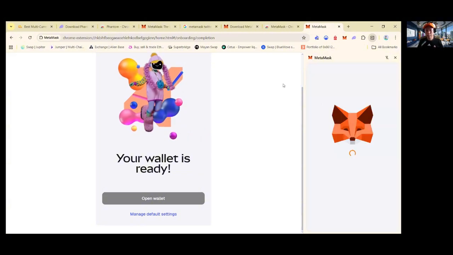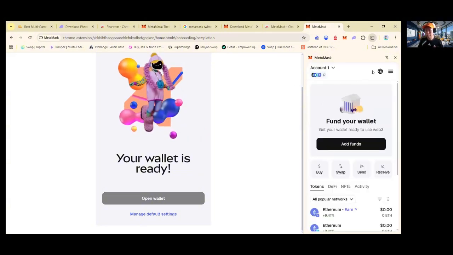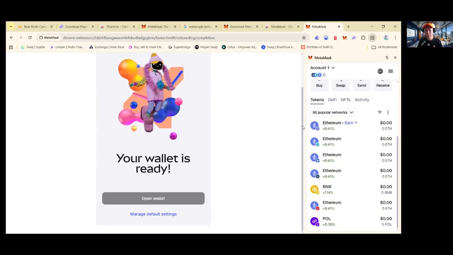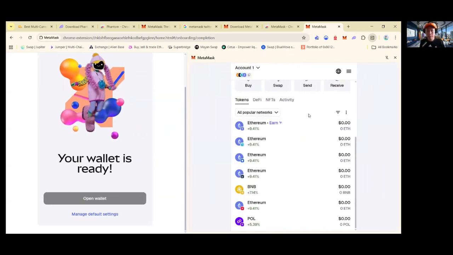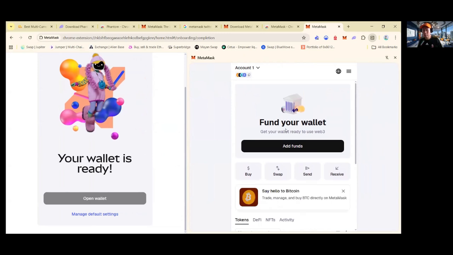Okay, so now we are already opening the wallet. This is the MetaMask here. Now we can see this wallet. They have all sorts of features. First, you've got funding your wallet, you can add funds,